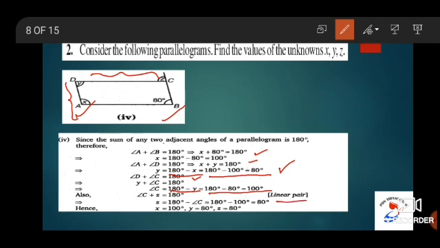Now we are going to use a linear pair. The values for C and Z both form a linear pair. So, C plus Z is equal to 180 degrees. The value for Z is 180 minus C, that is nothing but 180 minus 100, that is equal to 80 degrees. To conclude, the solution for this problem is x is equal to 100, y is equal to 80 and z is equal to 80.